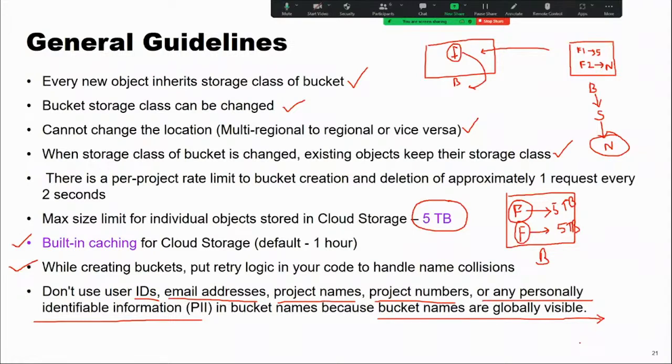Don't put sensitive or PII information in your bucket name, because it will be visible to all. Try to come up with a proper unique name according to your business requirement, not your project name, project number, your name, or your friend's name. So these are the general guidelines about bucket creation.